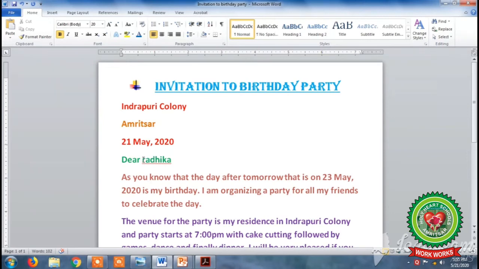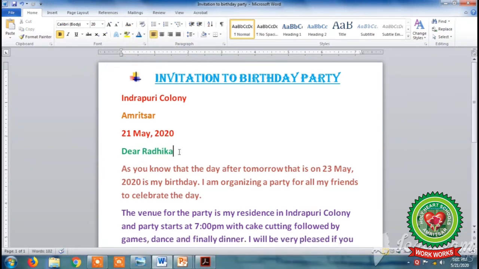So first of all, select the name Radhika, then click on Change Case button in Font Group, and here you can see that we are having 5 change case options. And now we will click on Capitalize each word so that the first letter of the name Radhika becomes capital. So you can see that the red wavy line under the Radhika name has removed.